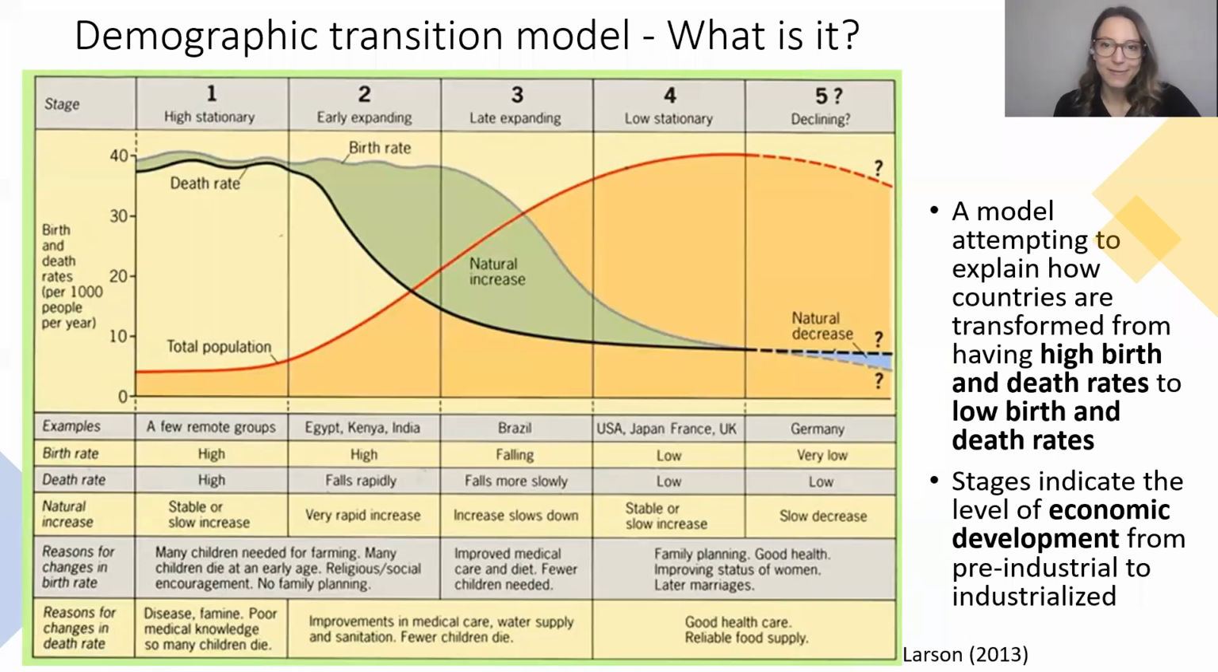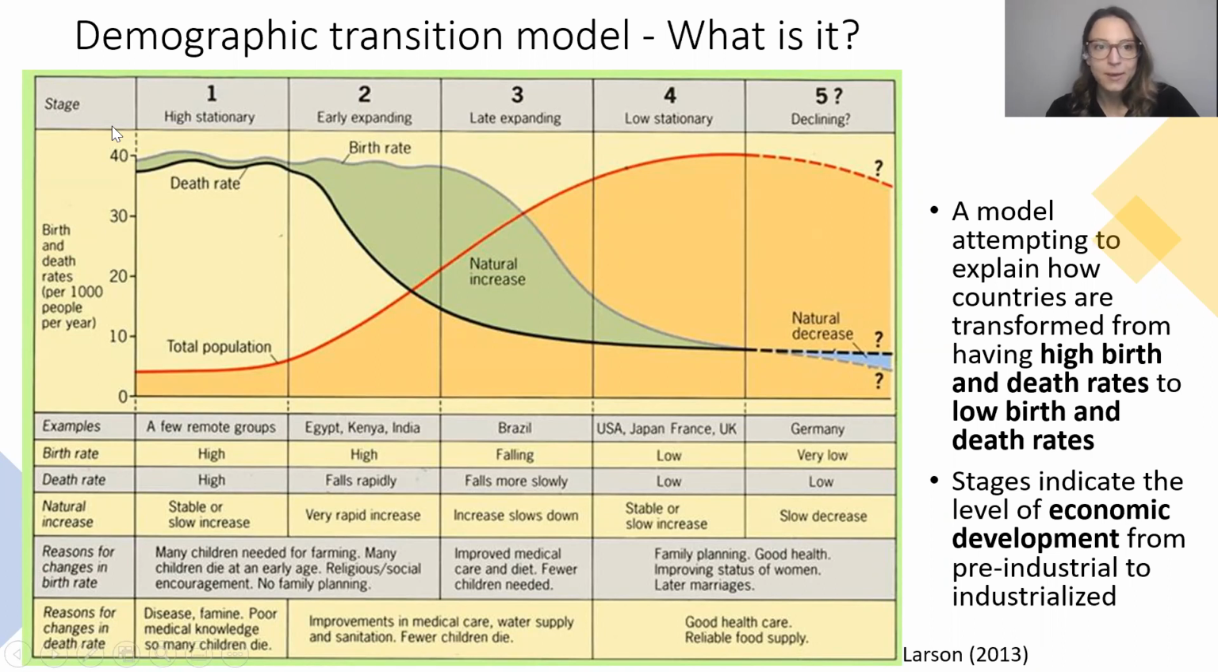Not all countries have experienced all of the stages, and we'll go through the stages one by one. But something noteworthy is that the stages of this model not only tell us something about the population, but also quite a bit about the economic development from pre-industrializing nations to more industrialized societies. So what I mean by that, let's take a look at this first stage, something that we call the high